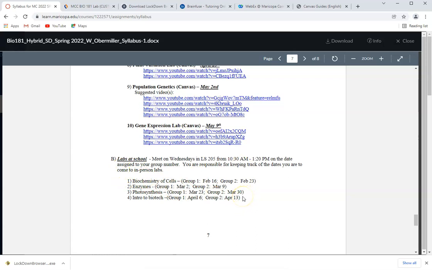4 labs. Now remember, it depends on what group you are, because there are 36 students, so they only allow 18 in each lab. So the class is split in half, and half of you guys are going to meet on one particular Wednesday, and then the other half will meet on the following Wednesday. So if you're in group one, you have that lab section number, then we'll meet on February 16th and we'll do biochemistry of cells. If you're in group two and you have the group two lab number, then we'll meet on February 23rd, same